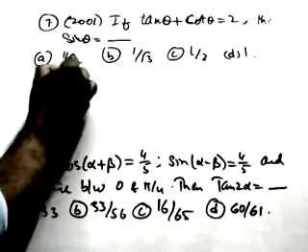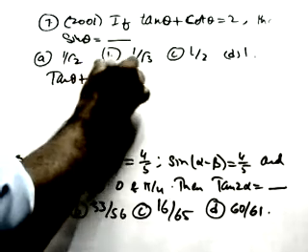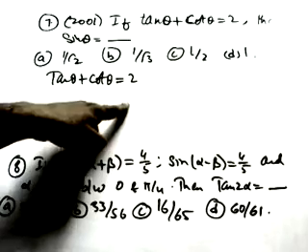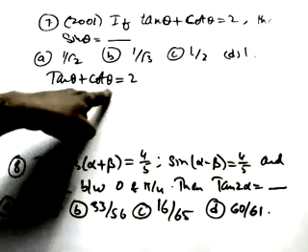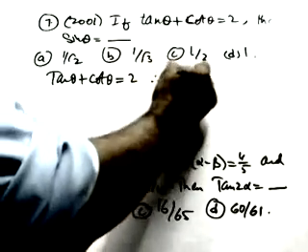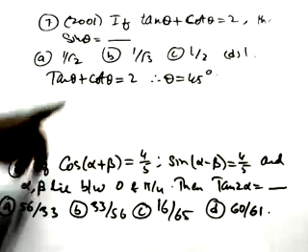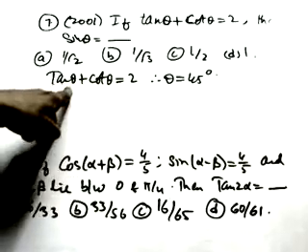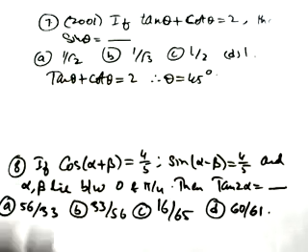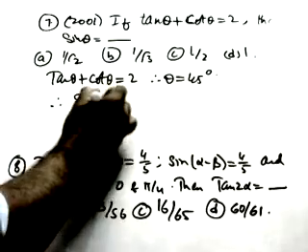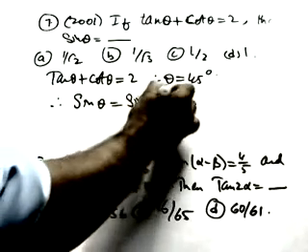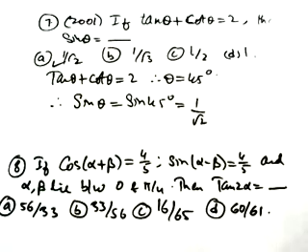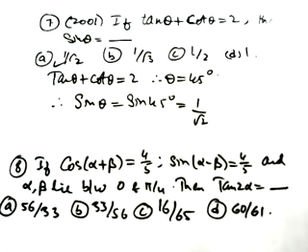Now you see the next question. Tan theta plus cot theta equals 2. Just watch carefully. No need to solve everything. Can you say which value satisfies 2? Very easy. 45 degrees. Tan 45 is 1, cot 45 is 1. Therefore, let me take theta equals 45 degrees, because there is only one value, 45. We don't go for the third quadrant like that. Therefore, sine theta is asked, so sine 45 degrees is 1 by root 2. So this is the answer.